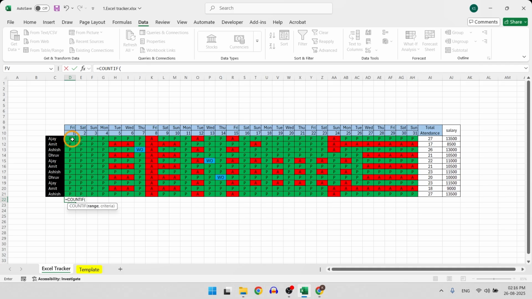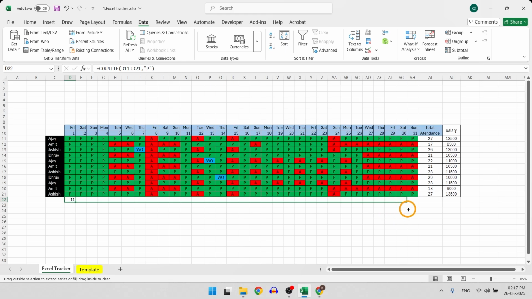So the formula goes like COUNTIF. For the range, we will select the first column for day 1 and then set criteria to P. So this will count the instances of present values for the first day and then simply drag it to apply across all the dates.